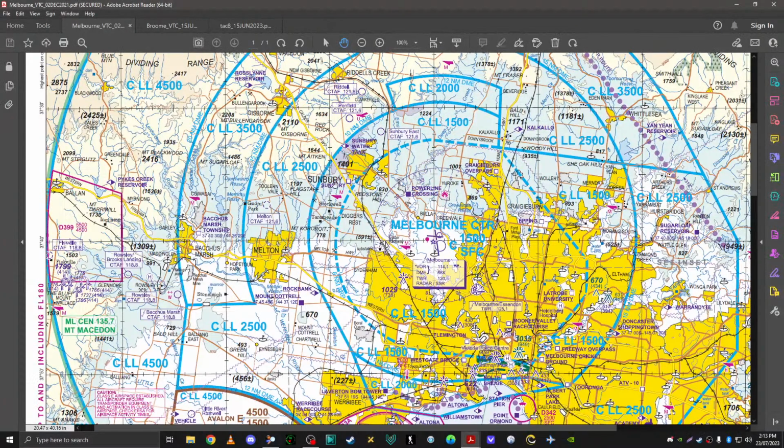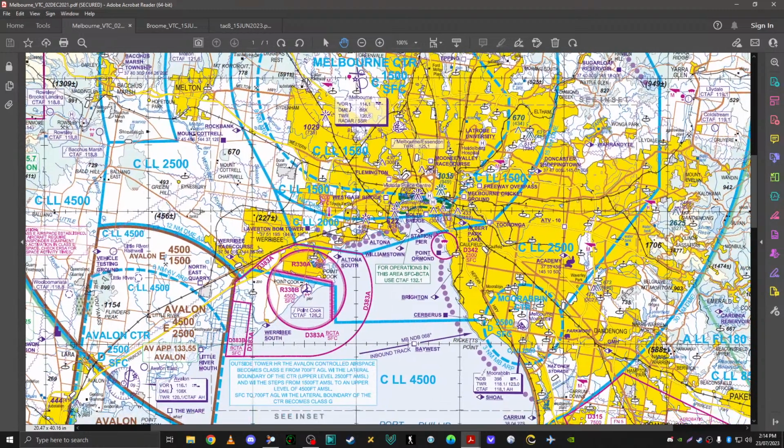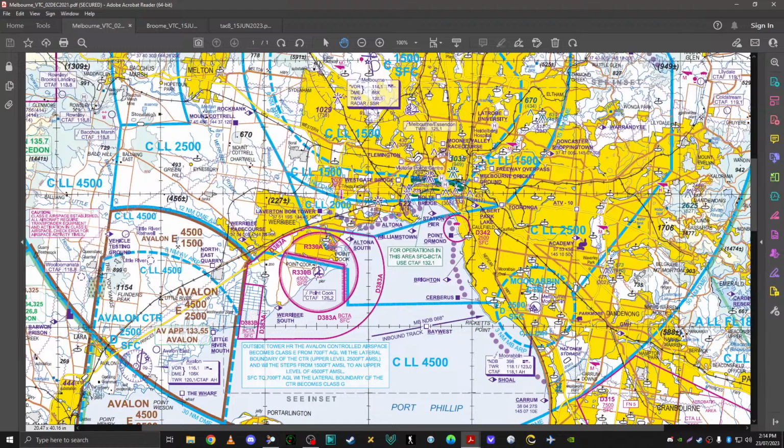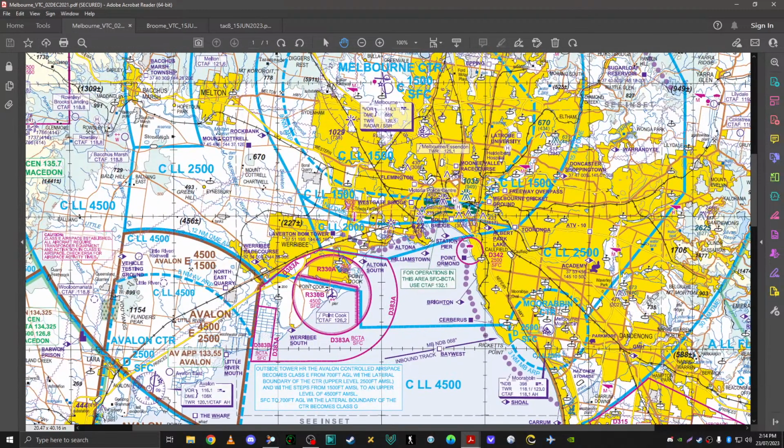Now, do you need a clearance? Yes, you do. And that applies to all VFR and IFR aircraft. You need a clearance. You cannot enter Class Charlie airspace. And I see it all the time on my net when I'm on VATSIM, they take off, they want to go to Melbourne, they fly in, and they hit 2,500 feet, and they haven't given me a call yet. In reality, if you're an IFR aircraft going from Moorabbin to Melbourne, you should be calling me on the ground, because you're an IFR aircraft, and IFR aircraft in Class